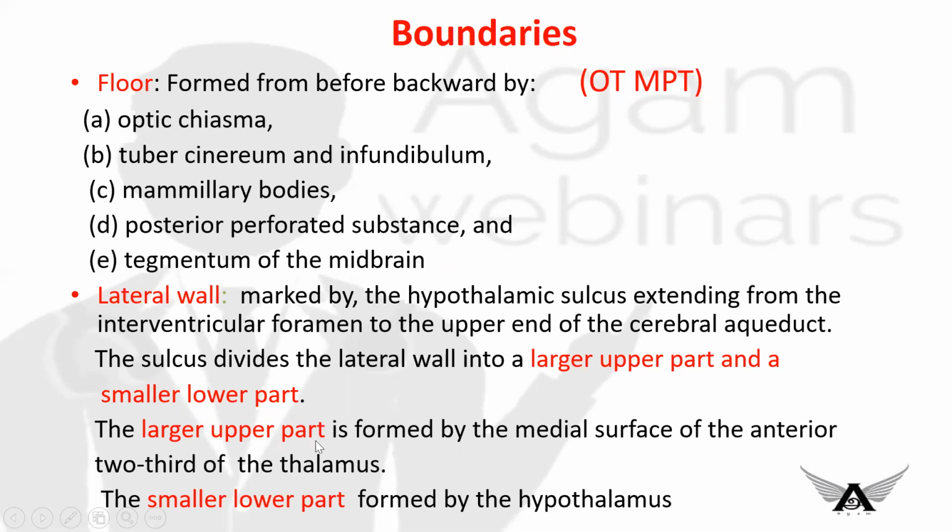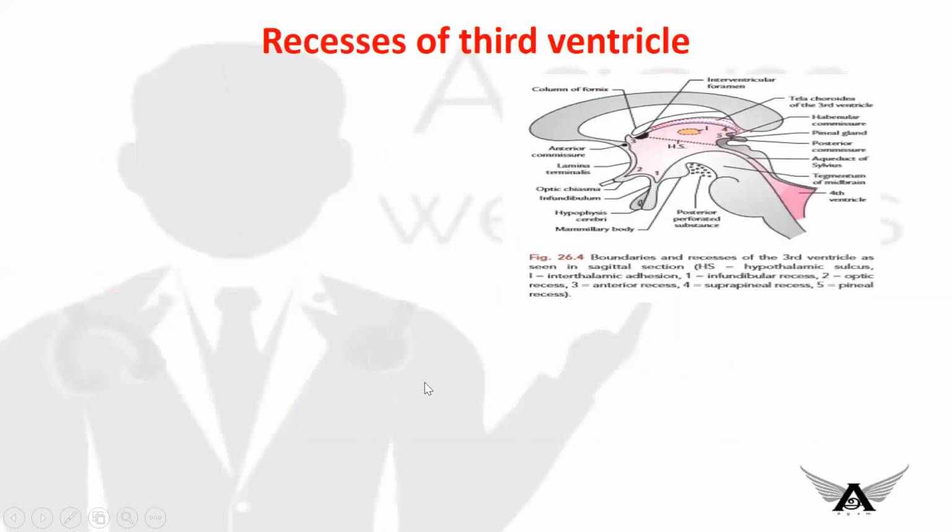So the larger upper part and a smaller lower part. Upper part formed by anterior two-thirds of thalamus. Lower part formed by hypothalamus. It is divided into larger upper part and smaller lower part by the hypothalamic sulcus. Lateral wall of the third ventricle is divided into two, that is the larger upper part and the smaller lower part. I think it's clear for you. Now we will have